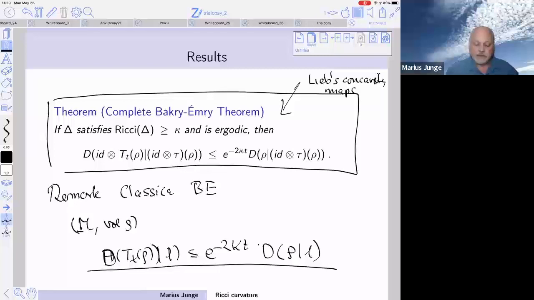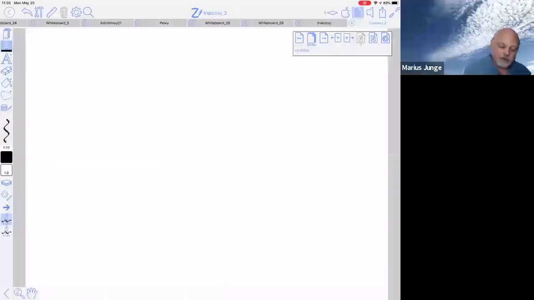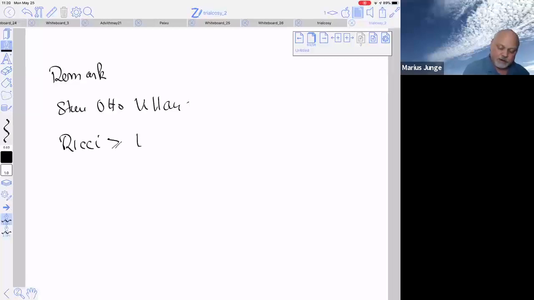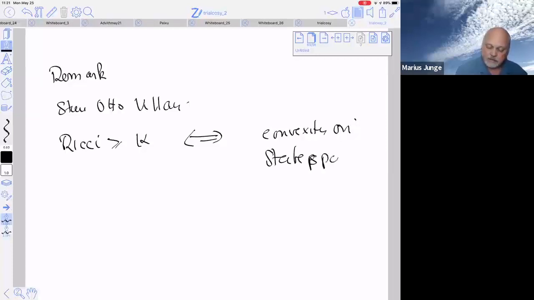So this is just great. Now let me just make a remark. So this work of Sturm, Otto, Villani: they show that the Ricci curvature is bigger than kappa if and only if there is some convexity property on the state space, right? So they show that a certain functional is convex on the state space with respect to the famous Wasserstein-2 metric,